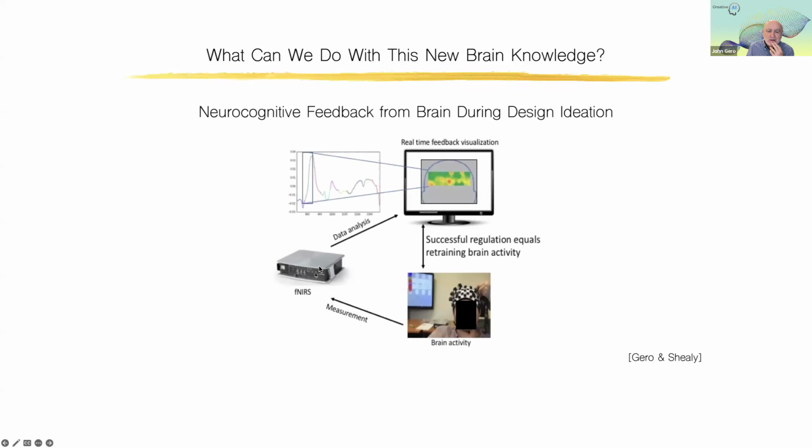So what can we do with all this? Well, here's one idea. And the idea is really simple and hard to believe. If I show you a heat map of your brain while you're coming up with ideas, normally the medial prefrontal cortex, this part of the brain, is most active when you're coming up with an idea. So that shows as red. So I'm going to show you your brain in real time with a heat map of activations. And what I say is this,